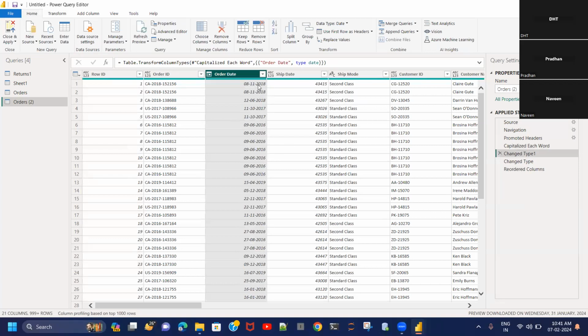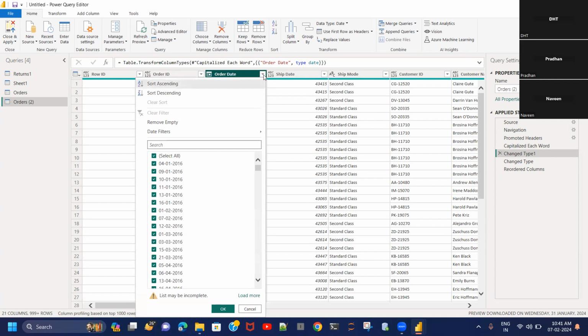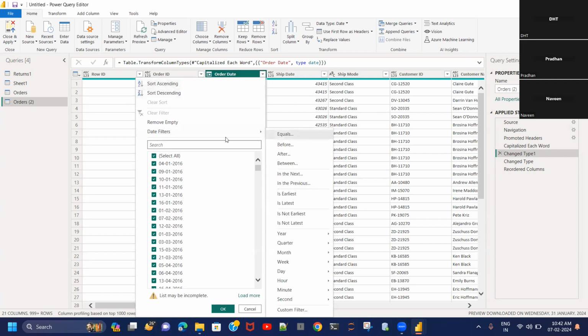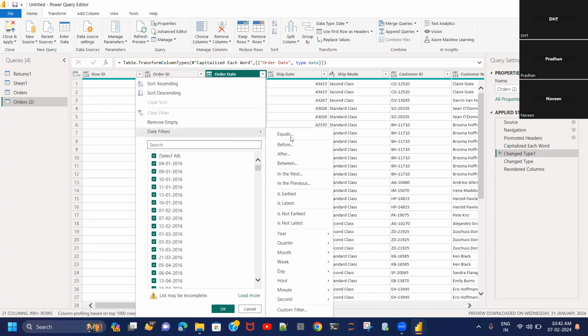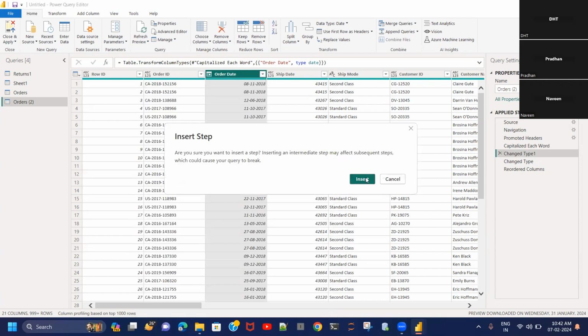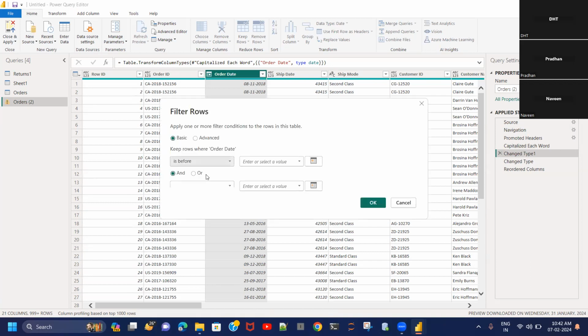The data type is permanent. Here the default format is dd mm yy, and if you wish you can also modify any other format. For the date filter, if you also want to put a filter in your data set, you can do that. Let's say you are filtering before some date. This is a basic filter thing, so if you want to put a date filter type,